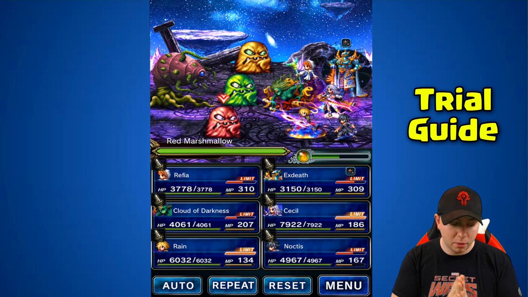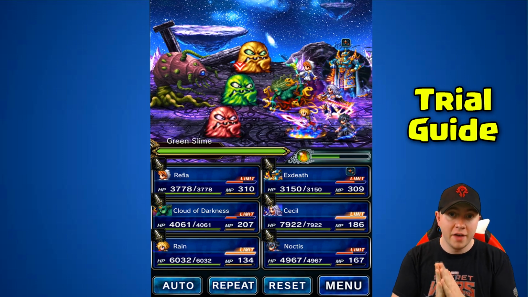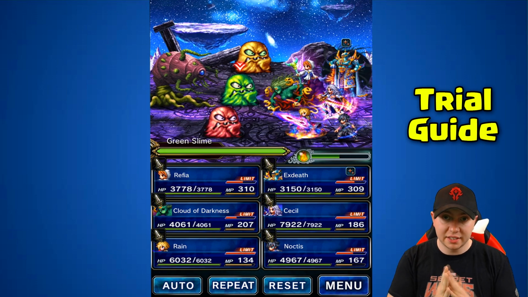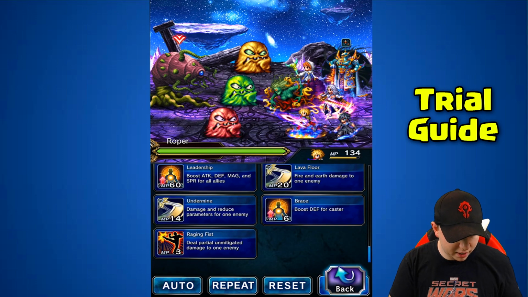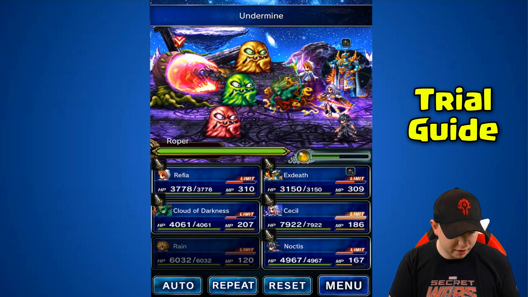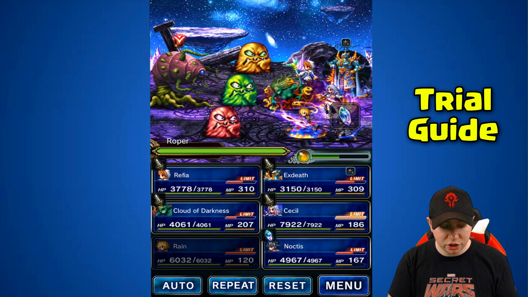Now, I know that the red marshmallow does resist fire damage, but we have 2 units here that have fire down, resist, take more damage from fire, so that's what we're going to end up doing here. On the Roper, we're going to go ahead and undermine him, take him down a notch, break down his other elements. Then we're going to go ahead and have Noctis do Fire Flask, and then next turn, he's looking like